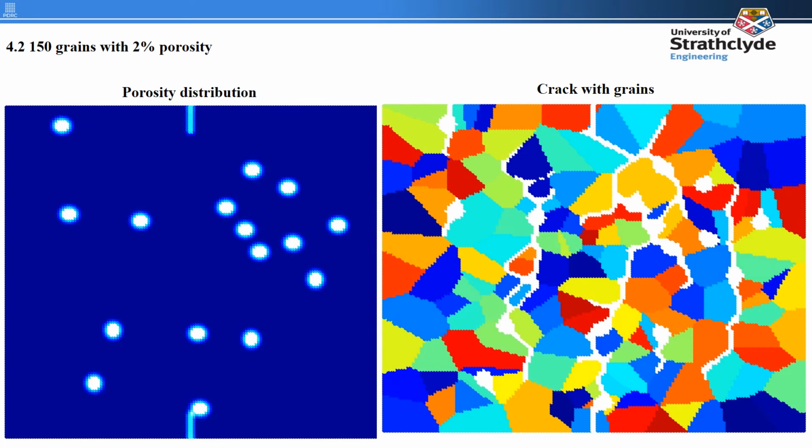What's more, there are small cracks initiated from the porosity, and the direction of the crack propagation is perpendicular to the loading directions. Eventually, these small cracks will propagate through the grain boundary to form newly generated branches of crack. Last but not least, the more intensive the porosity, the more serious the newly created cracks.